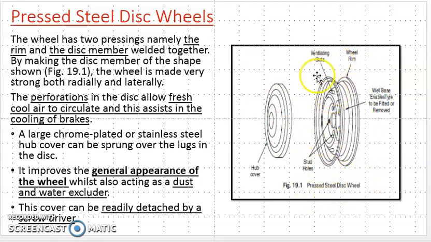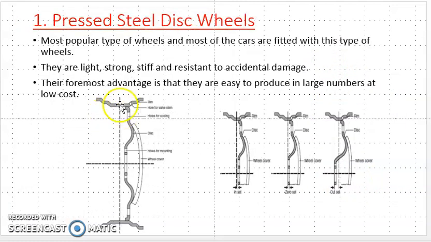And if I take a section here, then look, this is the rim part and this is a disc part. This rim and disc are joined together by using a welding operation,